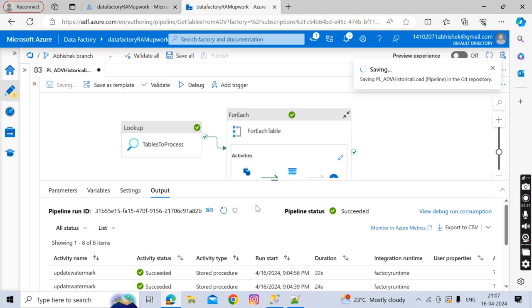See, we started from a single copy activity and then we built on that concept. We had one copy activity, then we added a lookup table, and after the lookup table we processed each of the tables in our for each loop, and then we added a watermark also. By building these concepts, we have built a pipeline which is able to process n number of tables. It can get all the historical rows of that table, and we can then